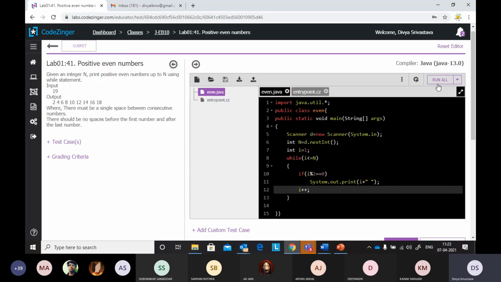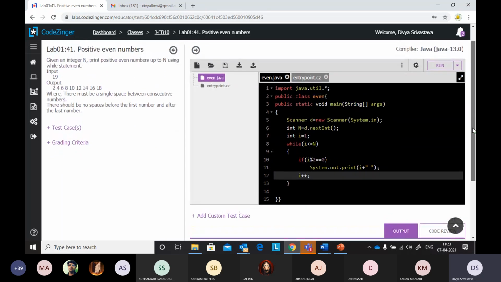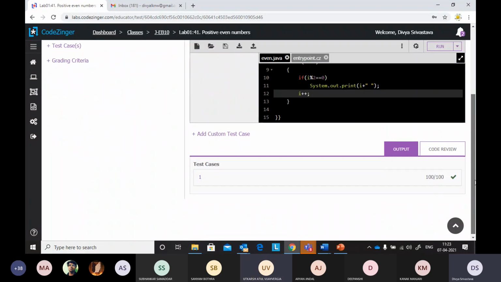I don't know whether just one test case is there. Yes. So this is the question using a while loop. Anybody, any doubt? Ma'am, in the question it's written that there should be no spaces after the last number, but it is not showing any error.